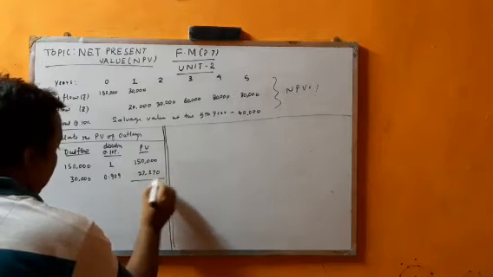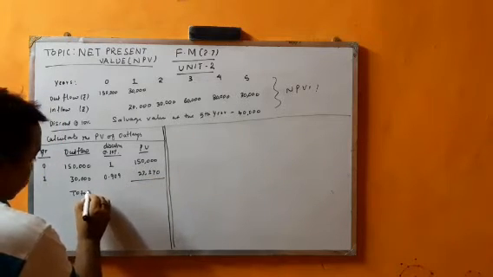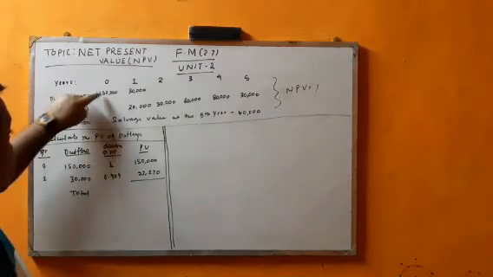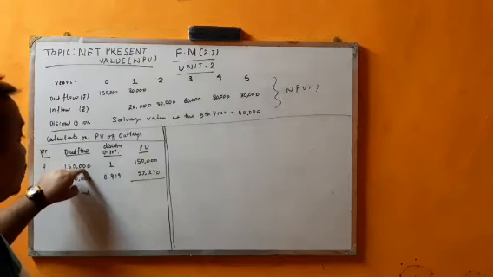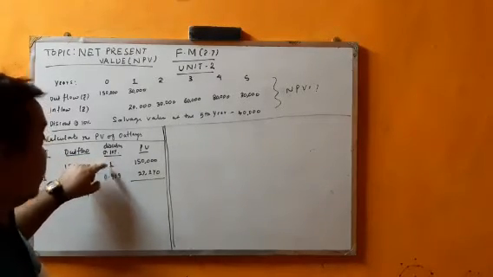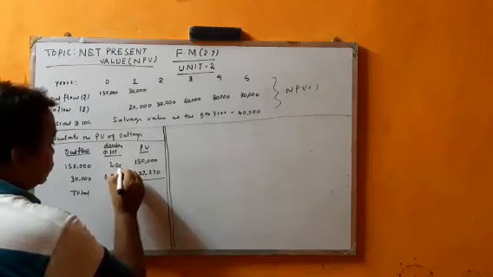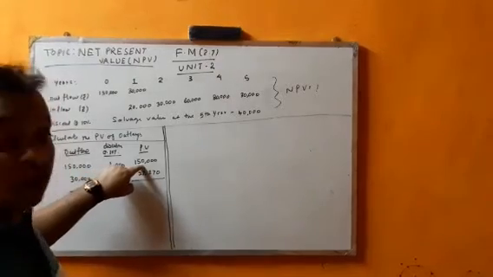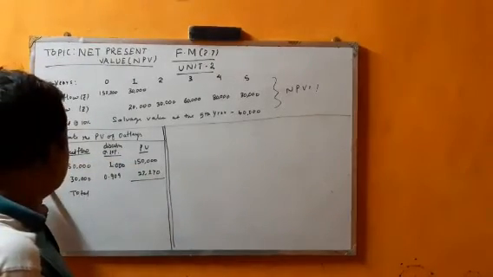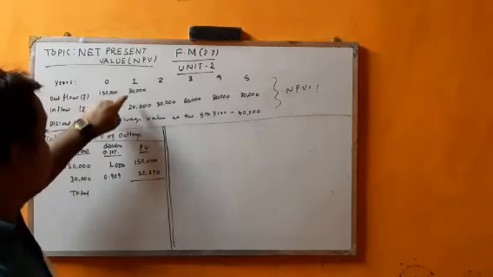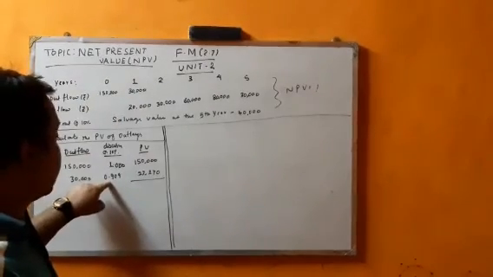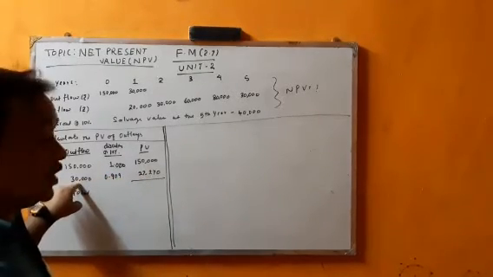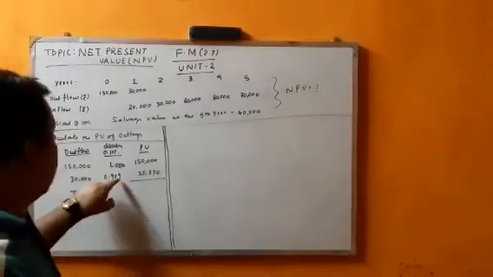27,270. And the total outlays: at zero the outlay is 1,50,000, and the discount factor there is 1.000, so if you multiply this into this we will get 1,50,000. And at the end of the first year it is 30,000, and the discounting factor is 0.909. If you multiply 30,000 into 0.909, then it will be